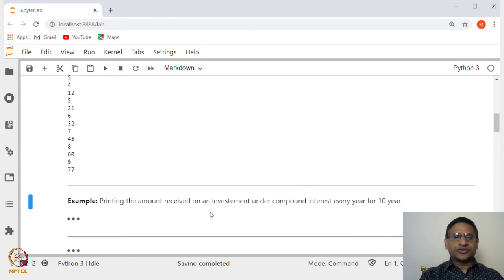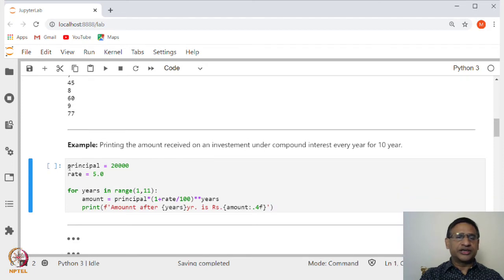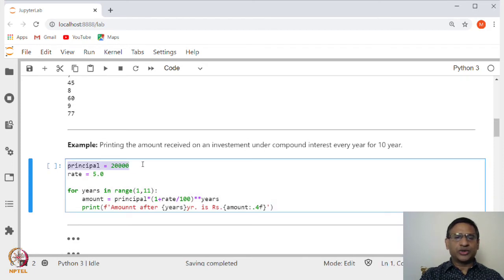Suppose we want to print the amount received on an investment under compound interest every year for the first 10 years. How do we do that? Just recall how we did this earlier. If the principal is, let us say, 20,000 and the interest rate is 5%, then we want to print the amount received after every 1 year.